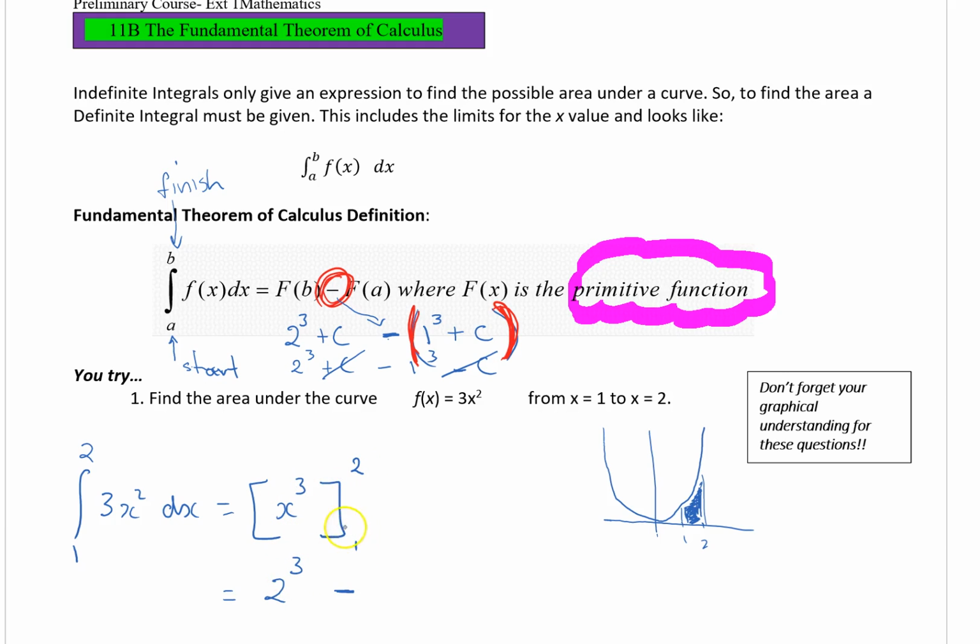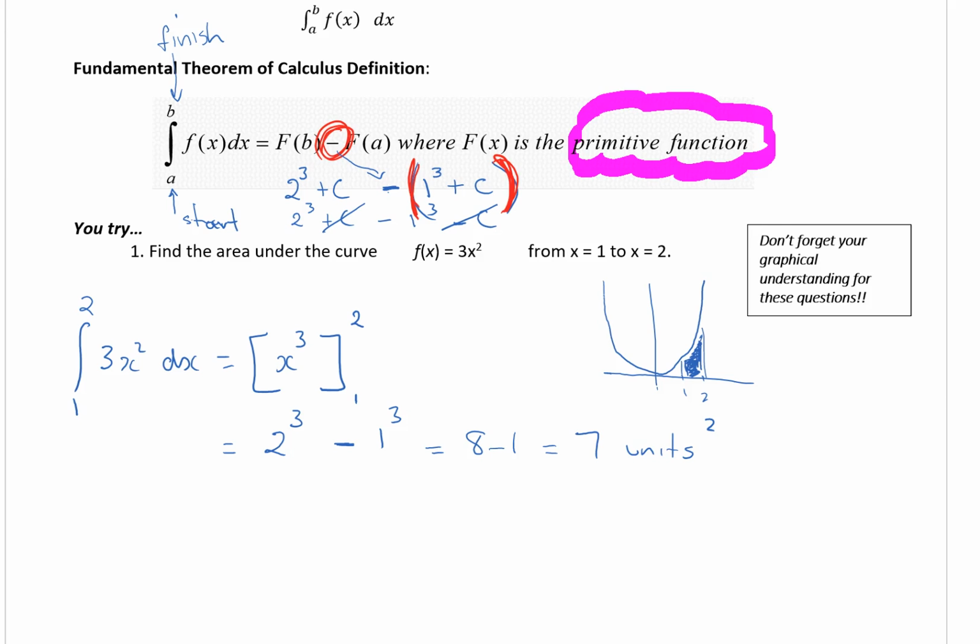So sub the 2 in, now sub the 1 in. 2 cubed is 8, 1 cubed is 1, and we say it's 7 units squared because we're finding the area. Now you can see there I've also written, don't forget your graphical understanding for these questions. Can't emphasize that enough, because